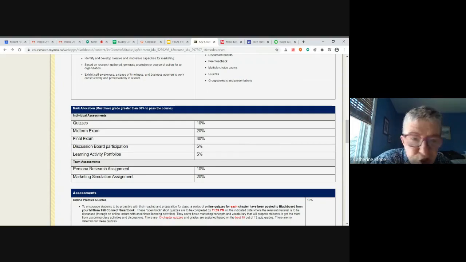They pop up with the chapter. You're going to see them on the left-hand side when we go there. I'm going to show you where they are. You read your chapter, you do it, but as you're doing the quiz, if you get something wrong, it tells you, would you like to go right back and read it in the book and all that kind of stuff. Very, very user-friendly, okay? Very user-friendly.